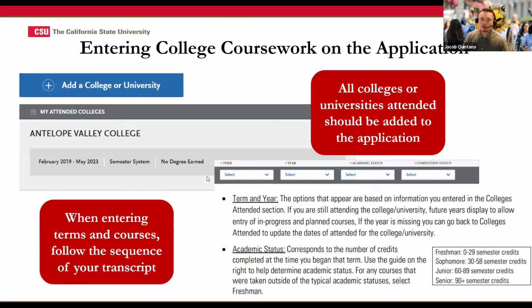All right, folks. So now we're going to get into the part where you actually have to enter the college coursework, right? Because you already let us know what colleges you've attended, what dates you've attended, and so on. So in this case, the student went to Antelope Valley College, right? Once we're ready to insert coursework, we're going to put insert coursework. And of course, let us know the term you've attended, right? So during the fall semester, and then the year, which is the next component, from 2020 to 2021,